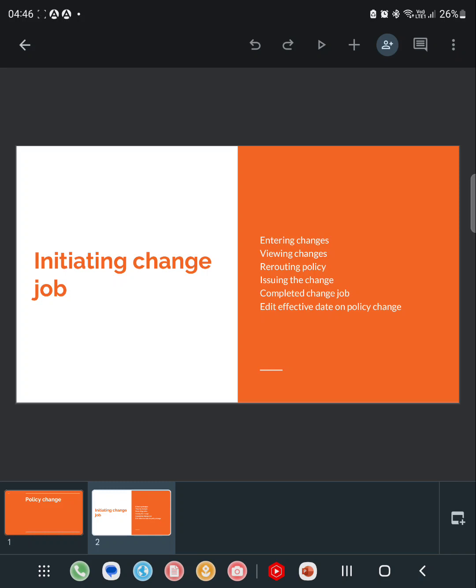Next, we'll move to initiating a change job. To initiate a policy change, it can be done manually from the change policy menu action. After clicking on change policy, we'll navigate to the next screen where we must specify the effective date and